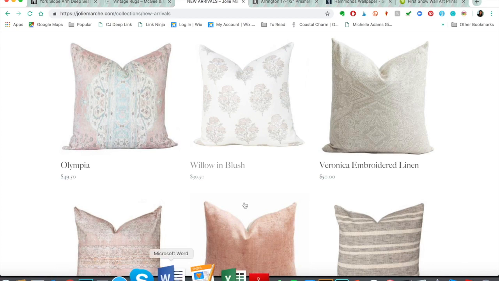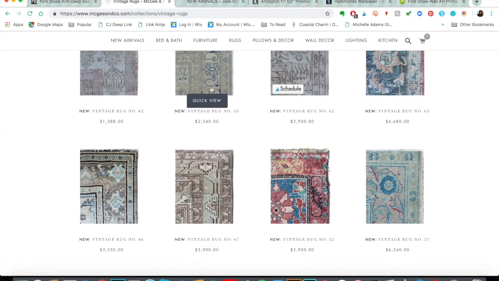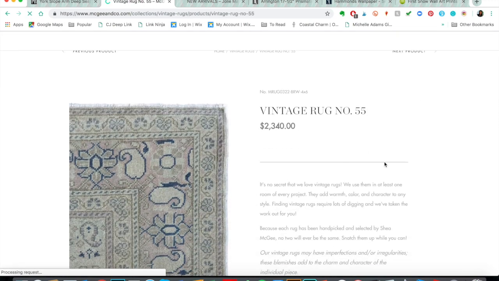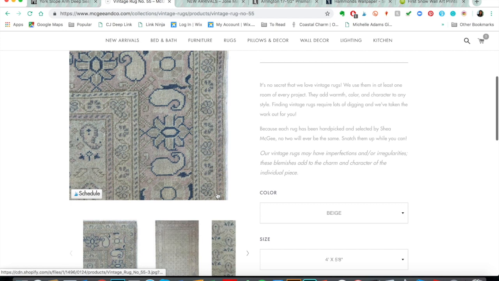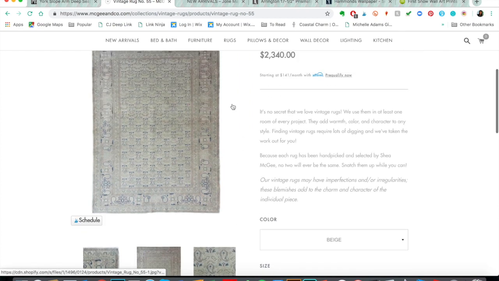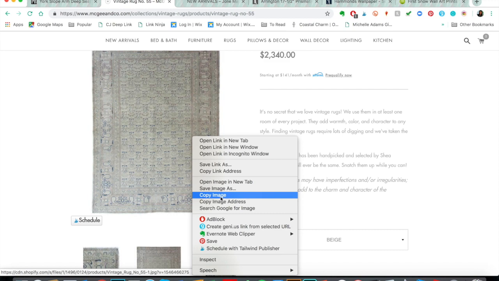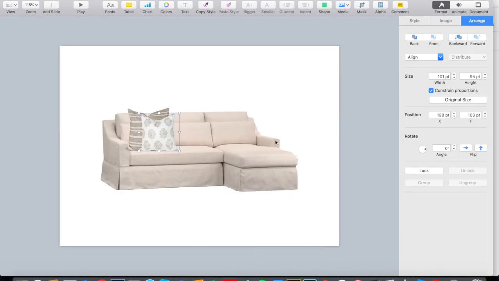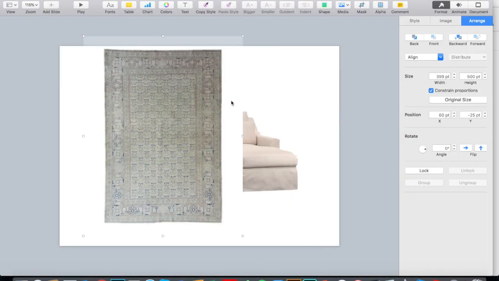Let me show you another thing. So let's say I want to put a rug behind here. What you want to do when you select images is you want to select the one that shows the most of the product. So this is a real close-up. That's not going to be too good. I want to select the image that shows the product in its entirety. So I'm going to select this image, copy it, paste it in here,